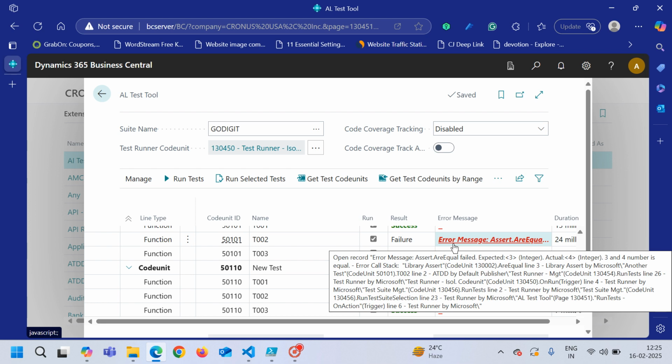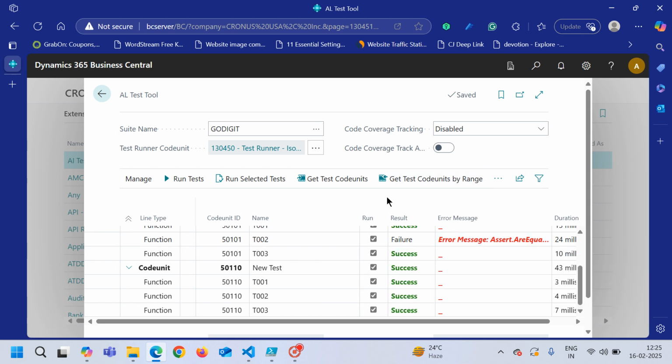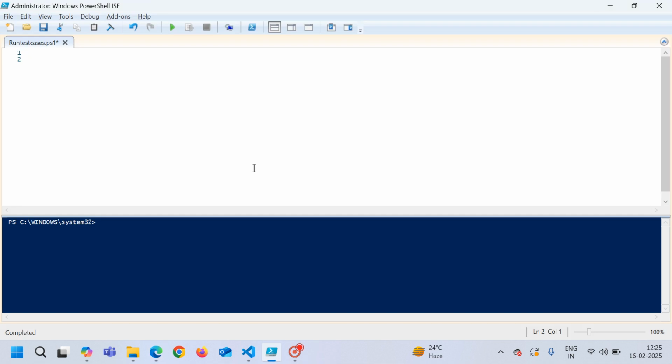Now if you really don't want to do all these manual things, and you just want to create a PowerShell script or use the BcContainerHelper commands, so that you just run that script and it gives you the results right away on your development screen itself, that is very easy. For that, I have opened up this PowerShell environment, and now we will do everything one by one. So first of all,